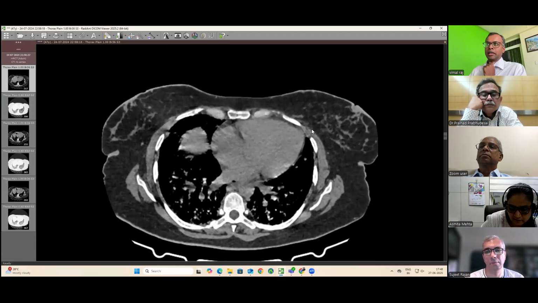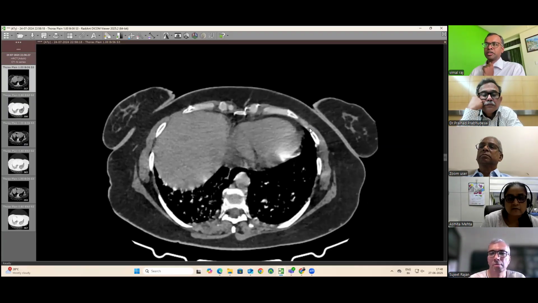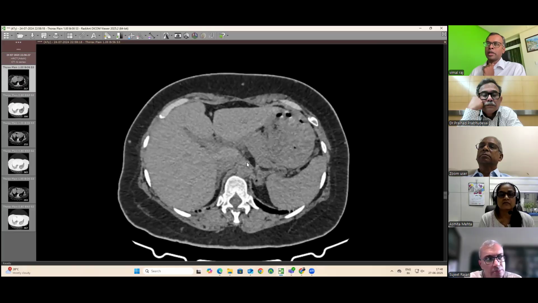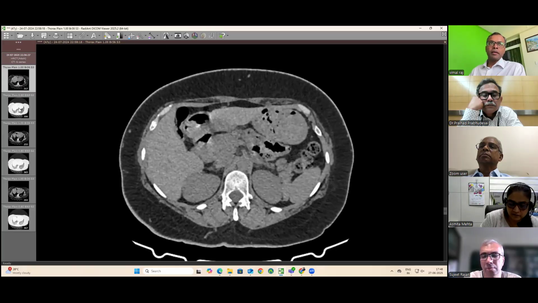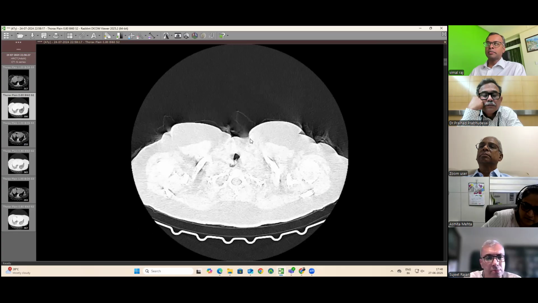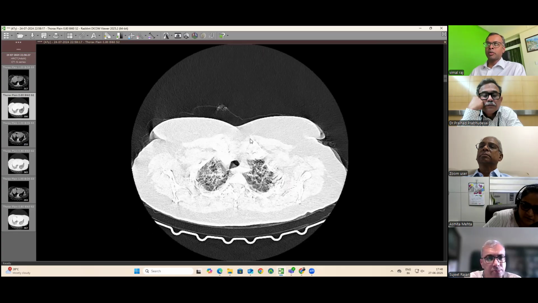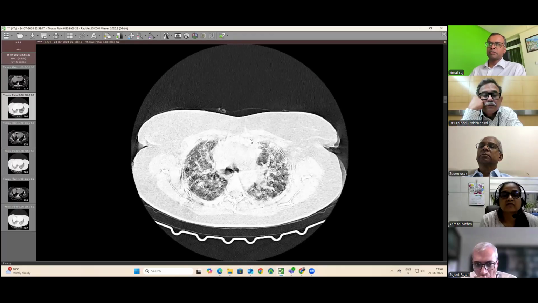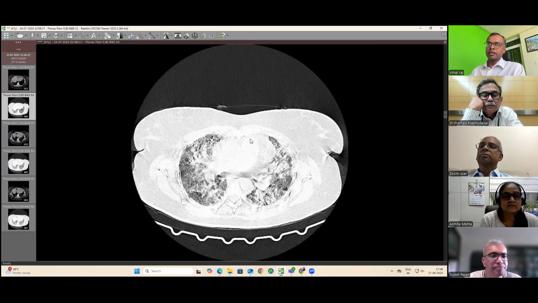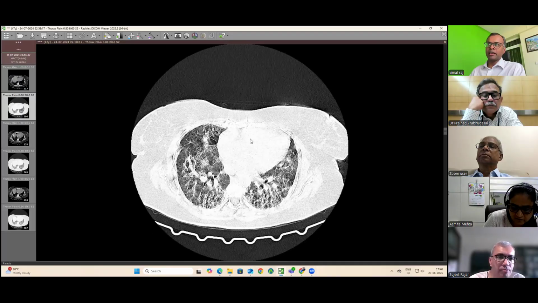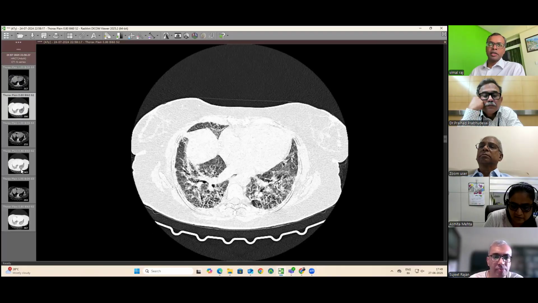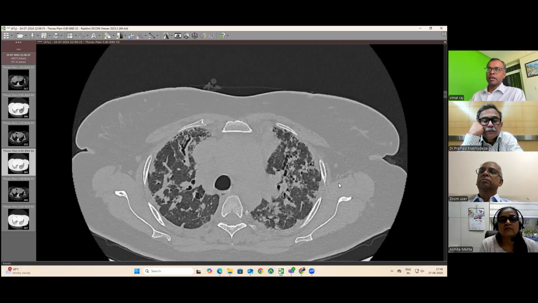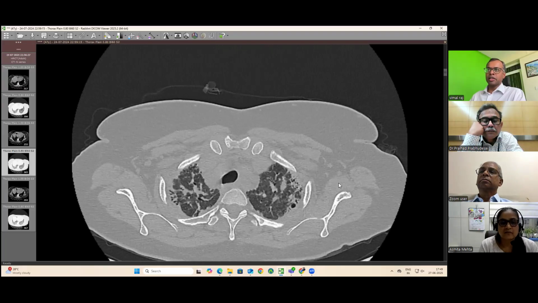This is the mediastinal window in July 2024. Not seeing much in terms of any major lymph nodes. The esophagus is patulous. There's a small hiatus hernia. And when we look at the lung parenchyma at that point in time, what we are seeing are these large areas of abnormality, which is bronchocentric, very difficult to comment on. So let's just see. This is the other, again July, and here it's much better imaging.